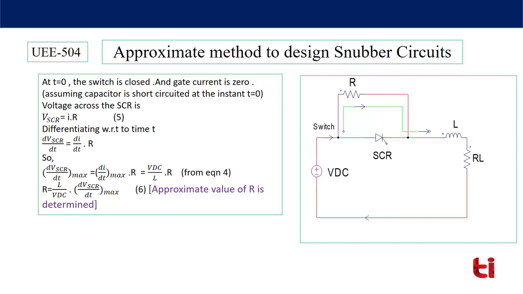Now let's proceed to find the value of C. Till now I have assumed that the capacitor has nothing to do at t equal to 0. Now as soon as time increases, the capacitor voltage will also increase. So the capacitor will come into play and will oppose the current. So our equations will now change. So let's see that.